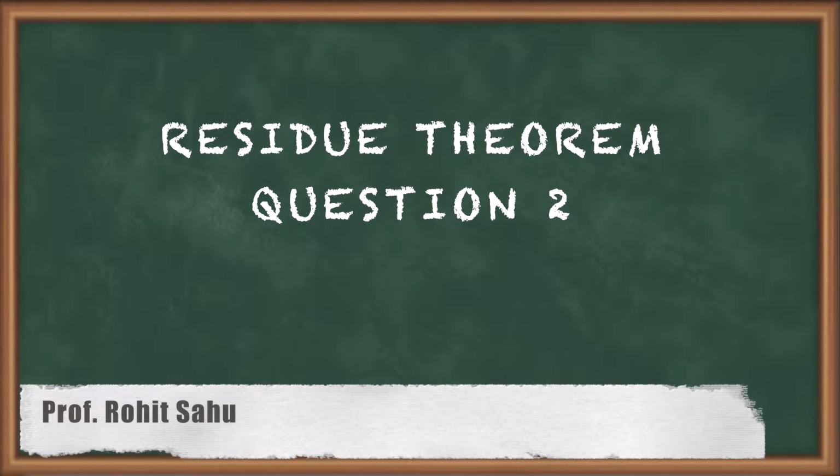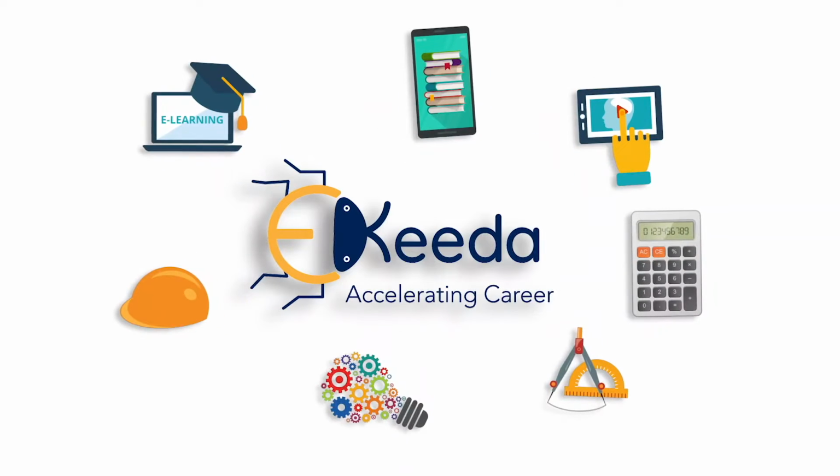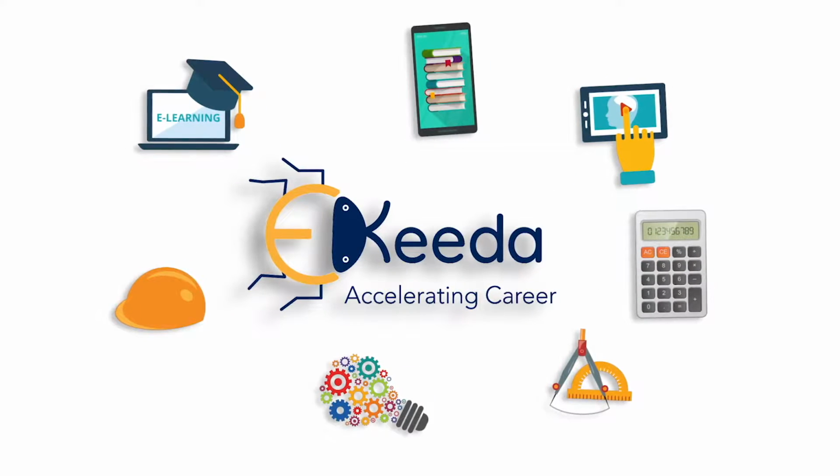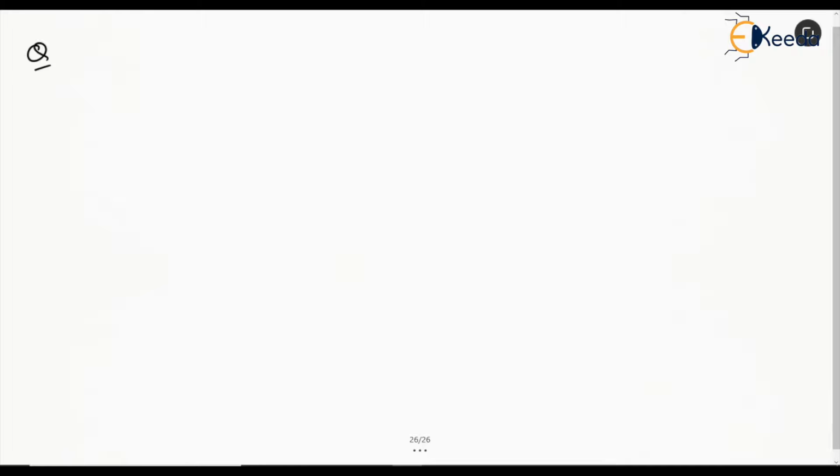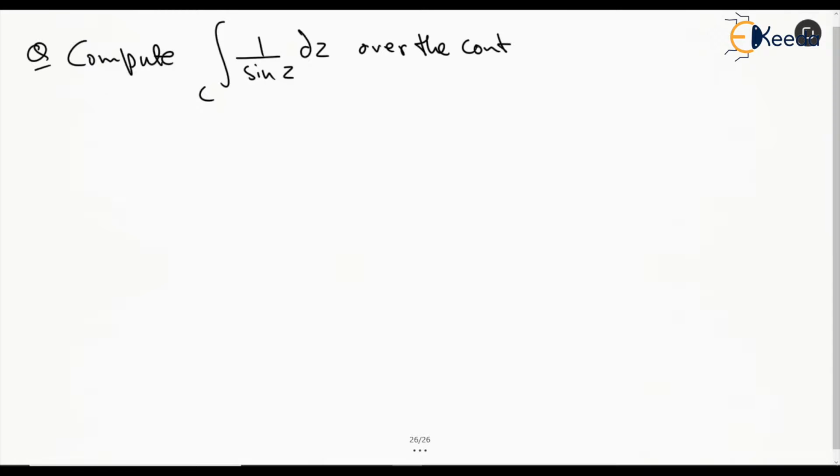Hello everyone. In this session we'll see another question on residue theorem. It says compute the integral of 1 by sine z dz over the contour C shown. So the curve is